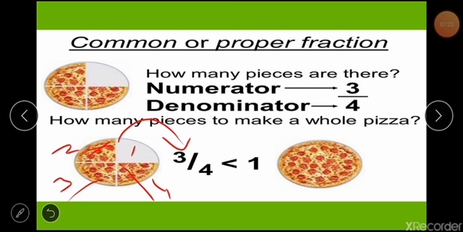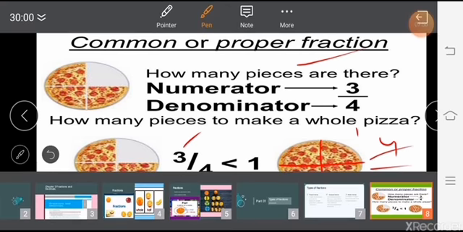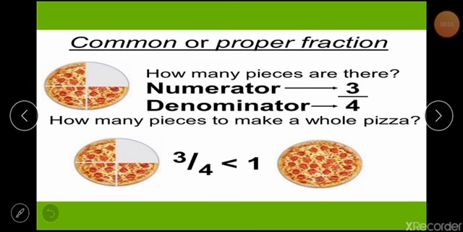So you will represent it in the form of a fraction as 3 upon 4, and here you can see that 3 upon 4 is less than 1. So here our numerator is less than the denominator. It means it is less than 1. So it is a proper fraction because our pizza is divided into 4 equal parts. So 4 equal parts means 4 upon 4, that will be equal to 1. So 1 means whole quantity. I am representing 1 by whole quantity, and here 3 by 4 is less than 1. So it is a type of proper fraction.